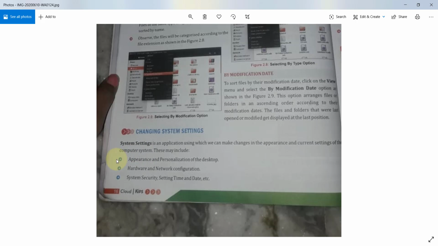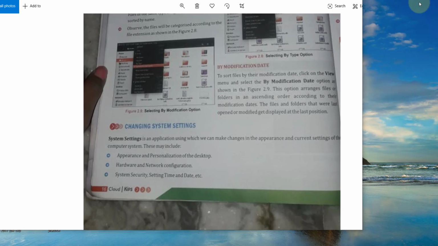Clear? This question is very important, and you also note down that it also includes appearance and personalization of the desktop, hardware and network configuration, system security setting, time and date, etc. This comes under the system setting.